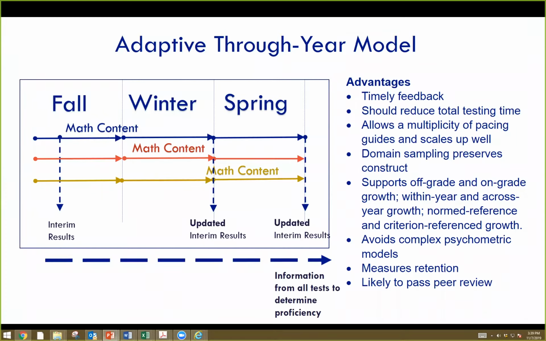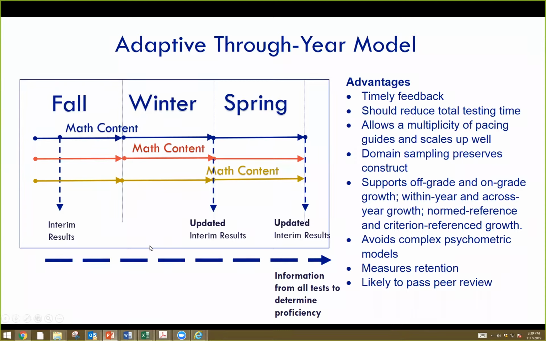And then we're going to use all the information to determine proficiency. So if a student only tested in the spring, we would only have that one test to base the results on. And that's fine because we're going to make sure they have met the blueprint or the TOS requirements to determine proficiency. But if a student had multiple opportunities, if they took the test in fall, the test in winter, and the test in spring, we're going to be able to use all of that information to